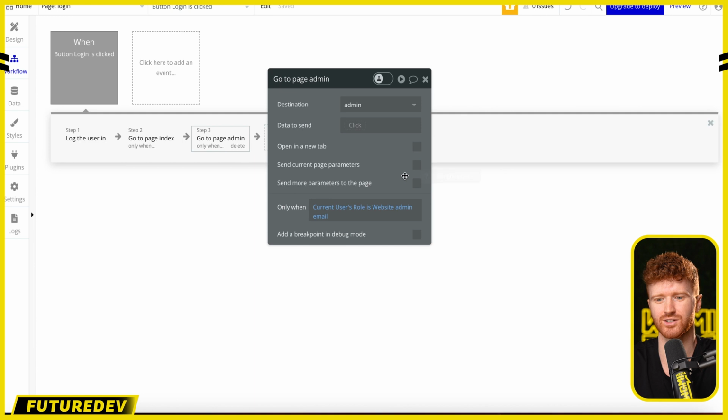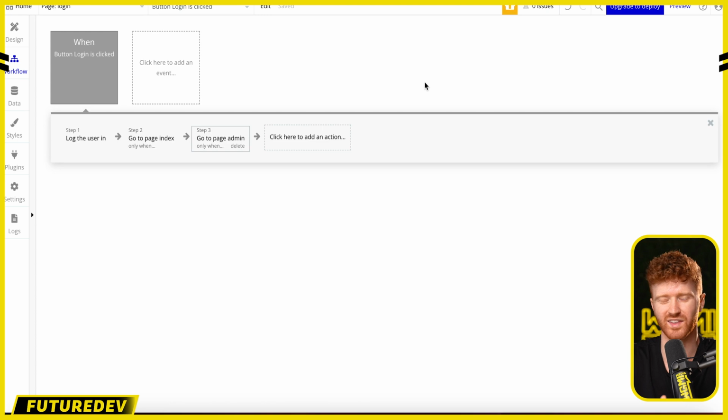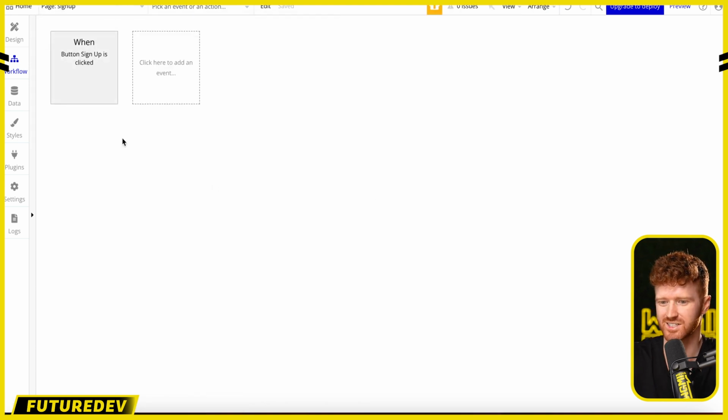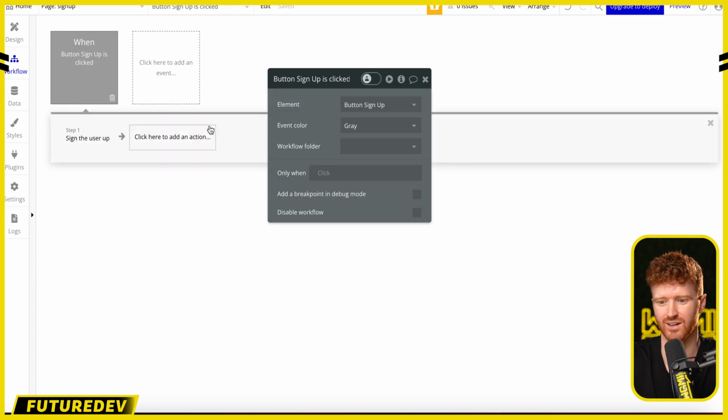Great. So now we've assigned two different conditionals based on what the user is and our login. But how do we know what they are when they sign up? Well, let's go to our sign up page. So we'll select sign up and come into our sign up workflow, and we'll do something here that lets us